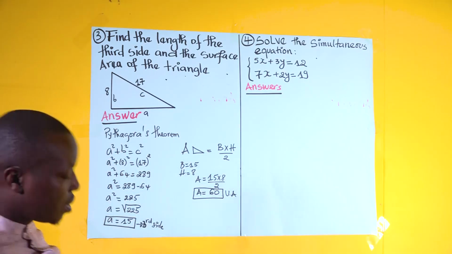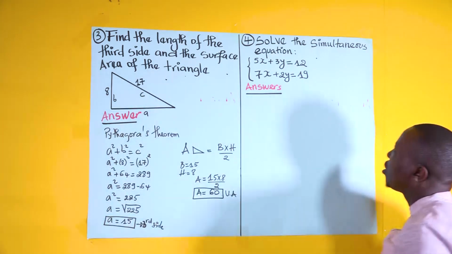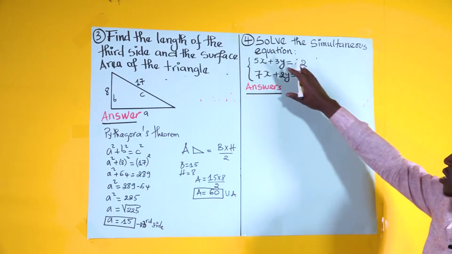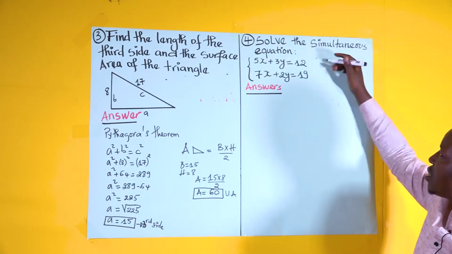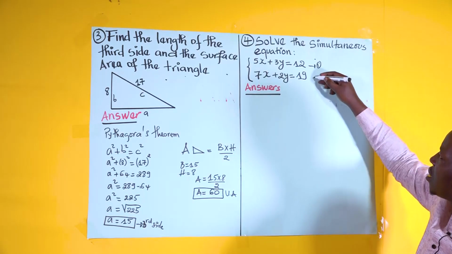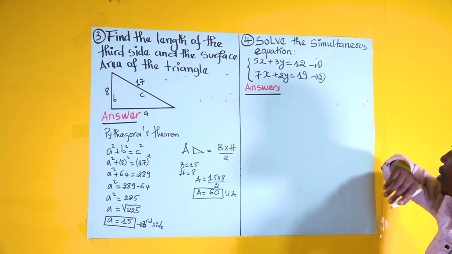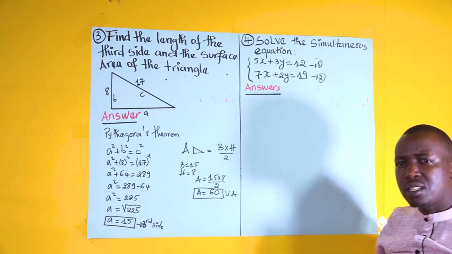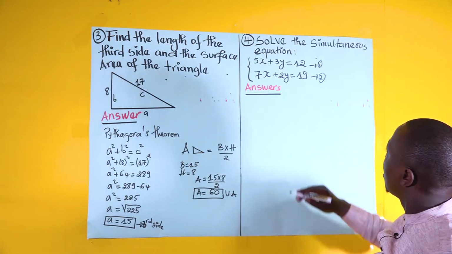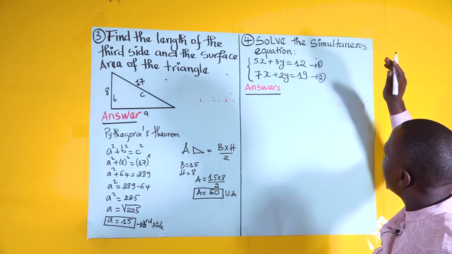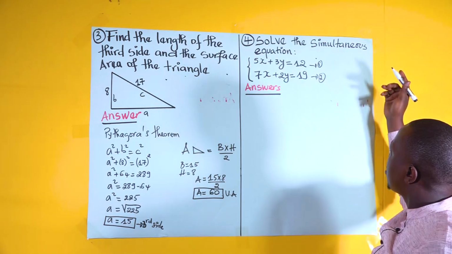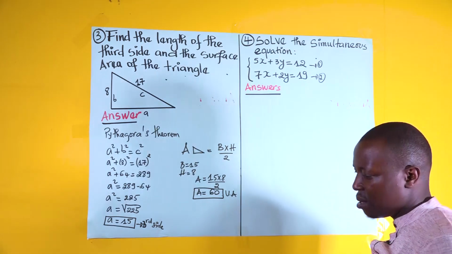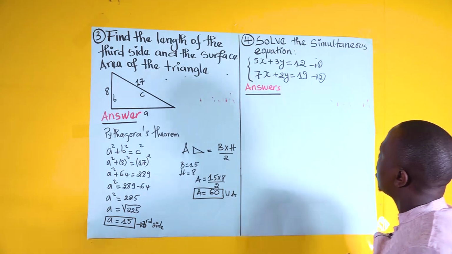Alright. So let us see the next question, question number 4. It asks to solve a simultaneous equation, a system of two equations. This is the first equation, right? And this is the second equation. How many unknowns do we have here? It is x and y. We have to search for the value of x and also the value of y, right? Then, how can you solve this? You can use Cramer's method, substitution, elimination, any method that you want. But let us use